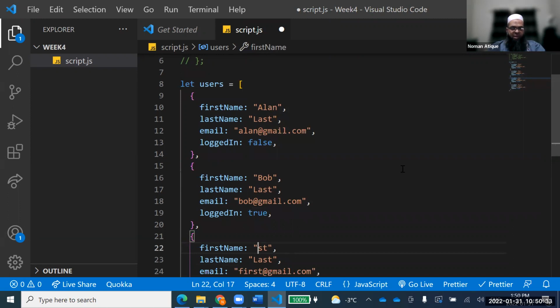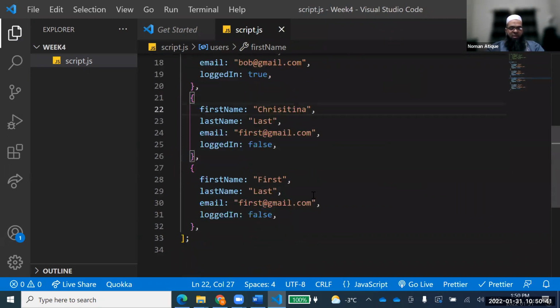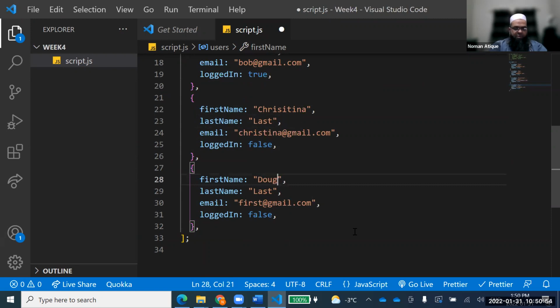Third one, again, my fictitious name of Christina, and I want to have Christina's email, Christina at Gmail, and let's keep it false, and then we can have Doug